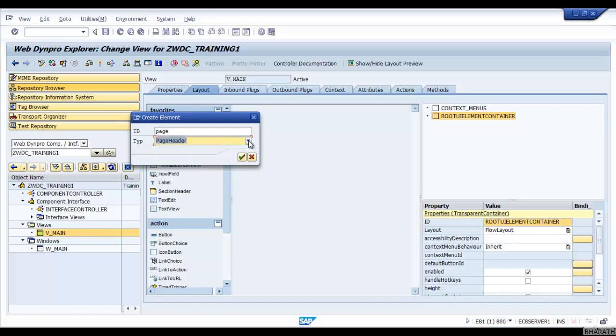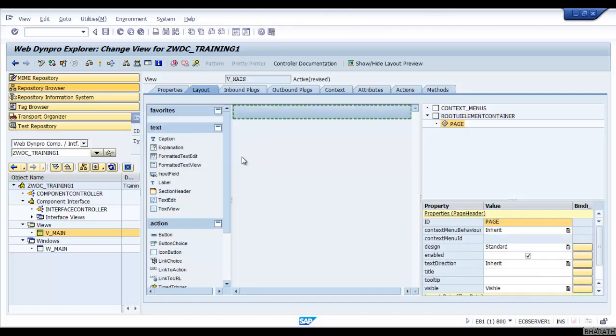So here I choose the page header UI element. Yeah, here you can enter some title. Enter the title property of this UI element. Every UI element will have a list of properties. We should know what the mandatory properties are for each UI element, and we should fill them.